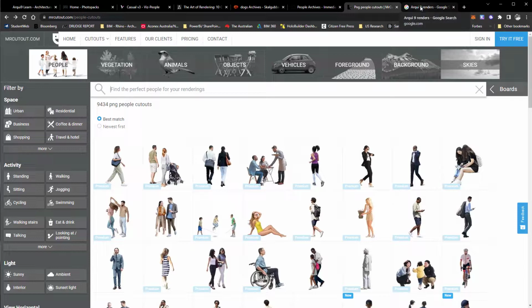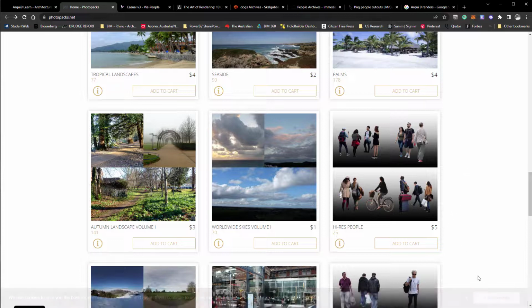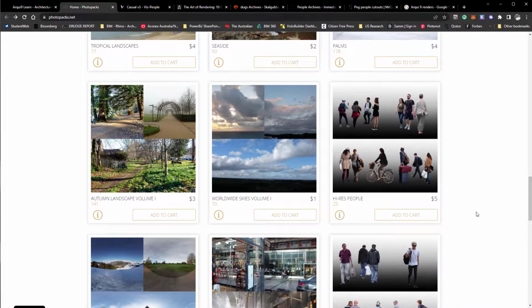Ultimately, there is still nothing wrong with doing the original idea of just going to Google, searching person standing PNG, and going through it that way. This will take a while to get a good library, but again, like with everything else, the first time you do it will be the longest, because next time you go to Photoshop for your next assignments, you're going to have a library of some pretty good people ready to go. So it's definitely worth your time investing into that. I have a selection of all of these previously. Either they're from firms that I've worked at where there's large libraries, or it's my own that I've invested in or come across, or just years of collating